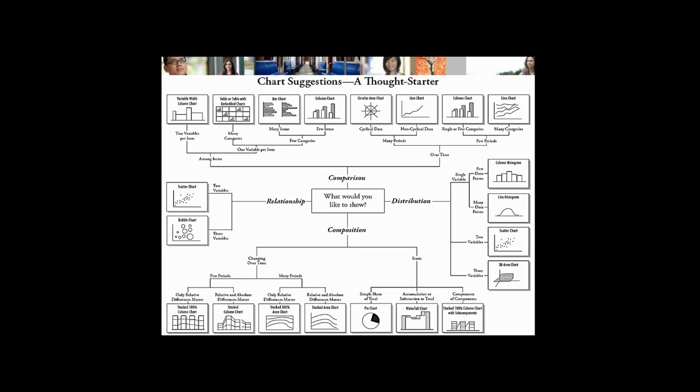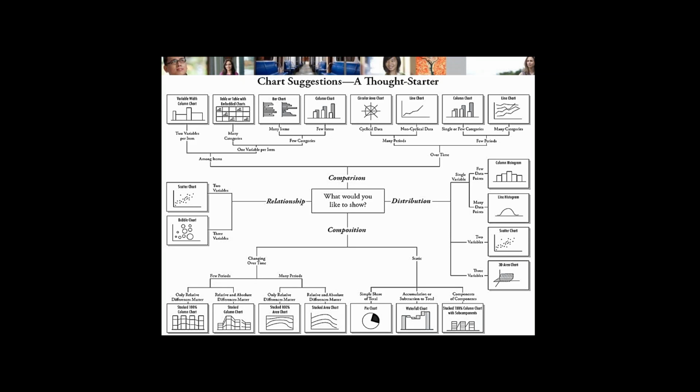Most of us know that we use a pie chart to show a part of a whole. Now, have you ever thought about the difference between a pie and a donut? Pie and donut are almost the same thing. They represent part of a whole, but with a pie, you cannot show two series. You can only show one series. But if you have two series, two variables, then you are supposed to use a donut chart if you want to show part of a whole.